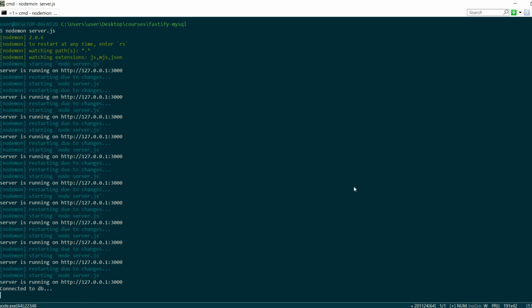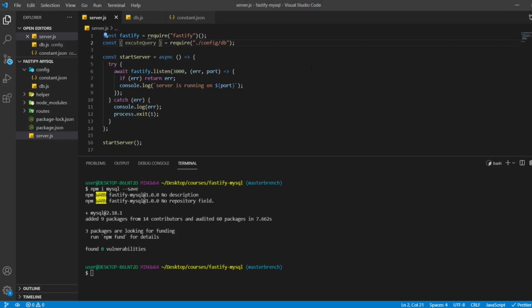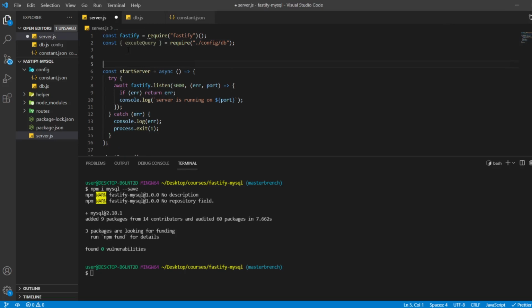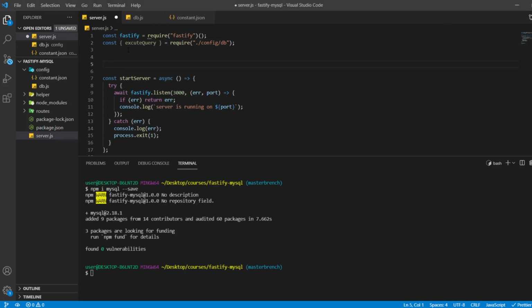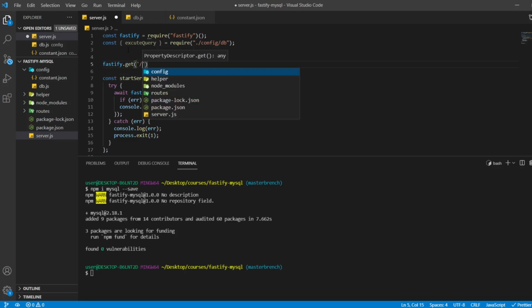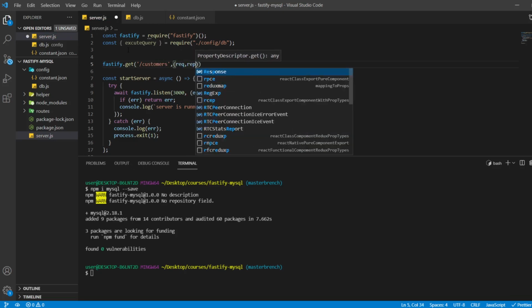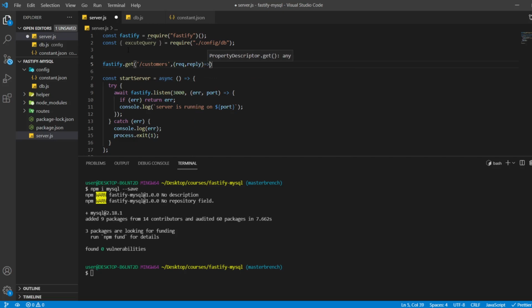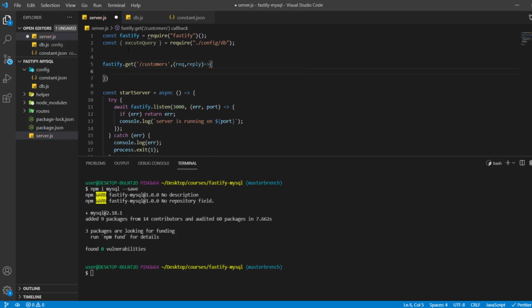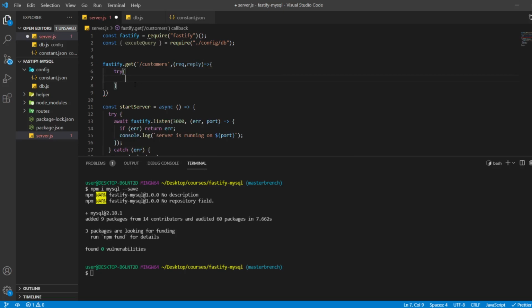After connecting the database, what I'll do, I'll write here a simple endpoint, fastify.get, and the get will be /customers, and here we can use request and reply, and then we can wrap our code inside try and catch block.